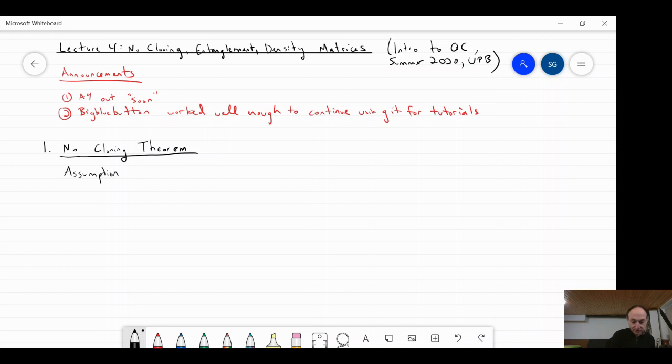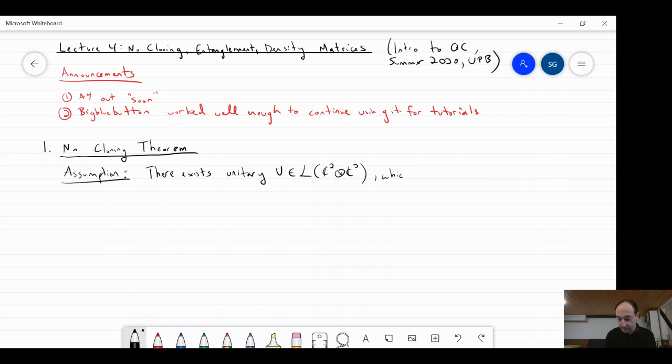Let me formalize the notion of cloning like this, and we're going to prove that this assumption cannot hold. We're going to give a contradiction. So the assumption is that there exists a unitary U, and I'm just going to do this over qubits, but of course you could extend this. So this is a linear operator that acts on 2 qubits. It takes 2 qubits to 2 qubits,